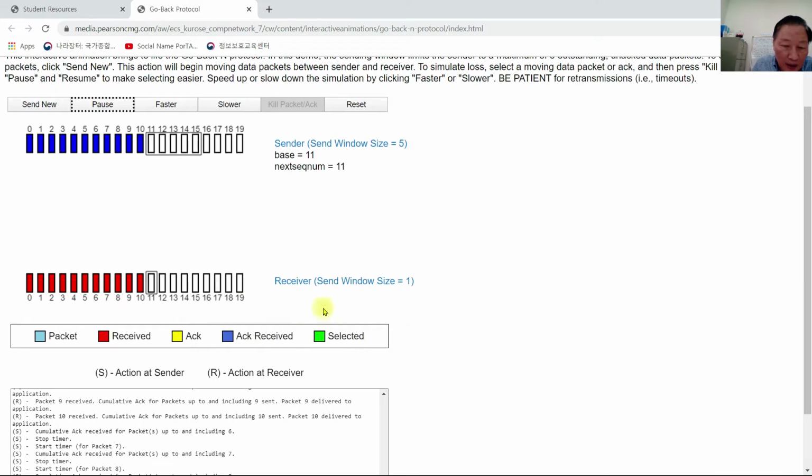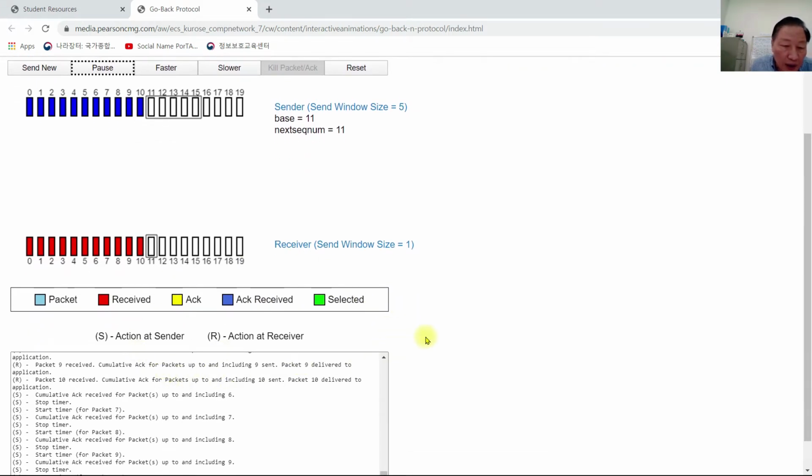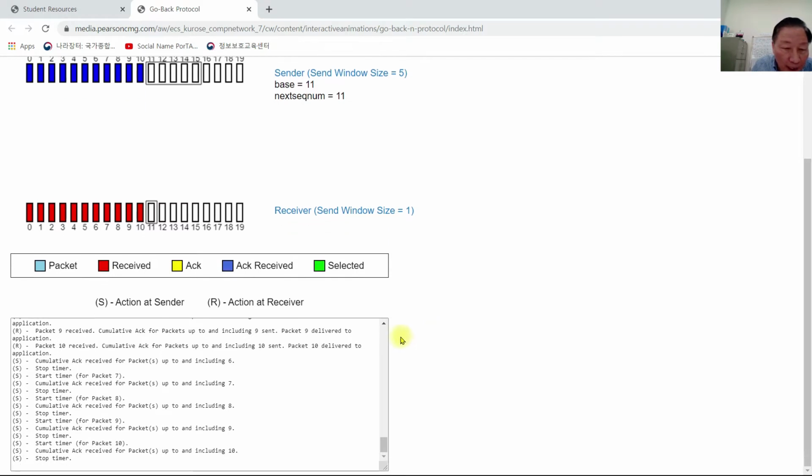After finishing sending and receiving and some protocol operations, we can see the description below. This one is describing each transaction. Here, packet 9 received, cumulative acknowledge for packets up to and including 9 sent, packet 9 delivered to application. We learn about these cumulative acknowledgements. This is acknowledgement, but cumulative acknowledgement we learn later. Packet 10